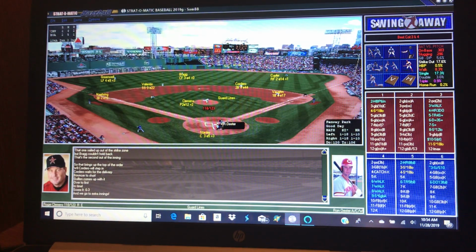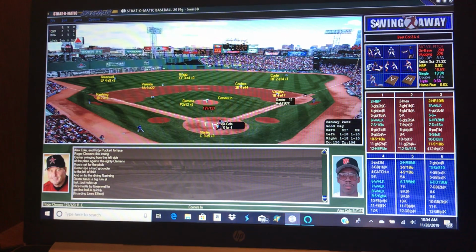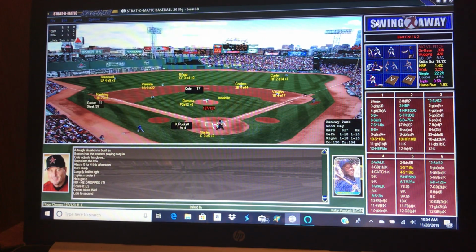And now Ron Oster stepping in against the Rocket Man. And he hits a slow bouncer. Let me see if he can beat that out. Yes, he can. And now that brings up Alex Cole. I should have probably sacrificed, but I didn't. But Cole might have something there. That might be a home run by Alex Cole. I know it was dropped, but it was an error on the right fielder.